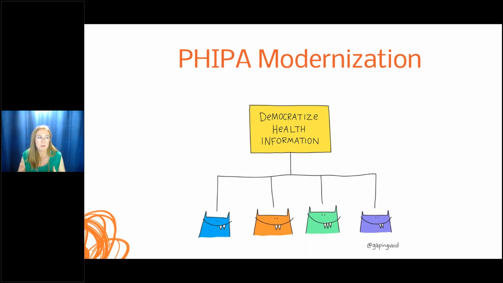We see a lot of technological advancements so that patients can get instant access to their information. We see this especially with lab work. COVID testing, for example, lots of people getting instant access to those results, pushing information into the hands of patients. If we ask patients what upsets them about the healthcare system, one of the things that they often talk about is lack of availability of their own information to manage their own care, worries about how long it's going to take to get a copy of a record or a report, and how much it's going to cost.